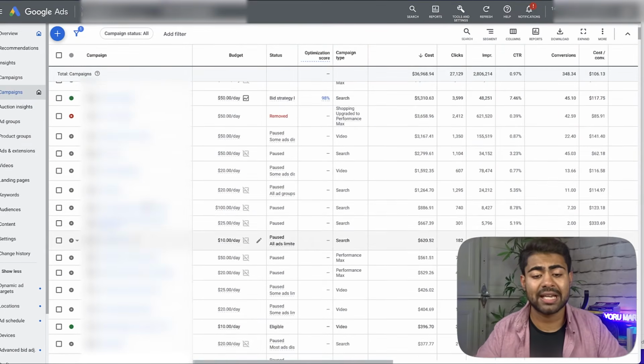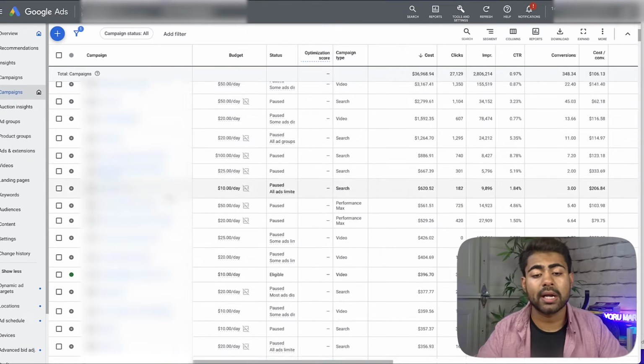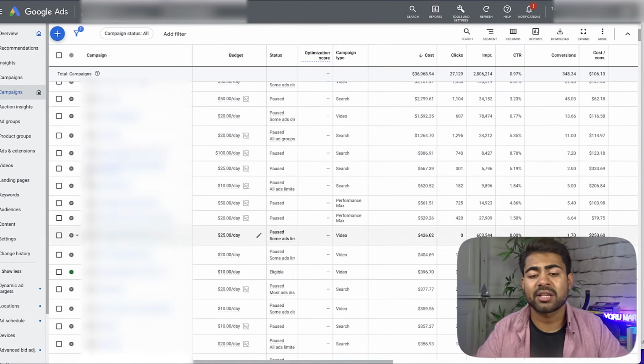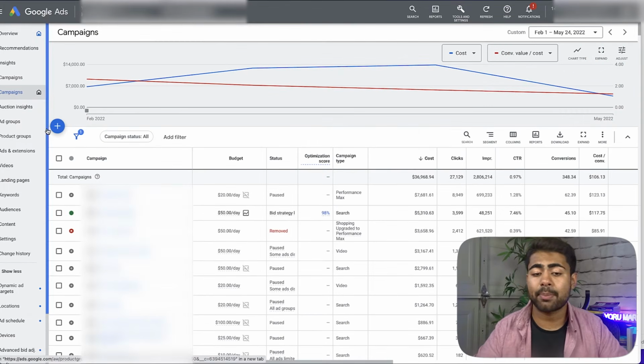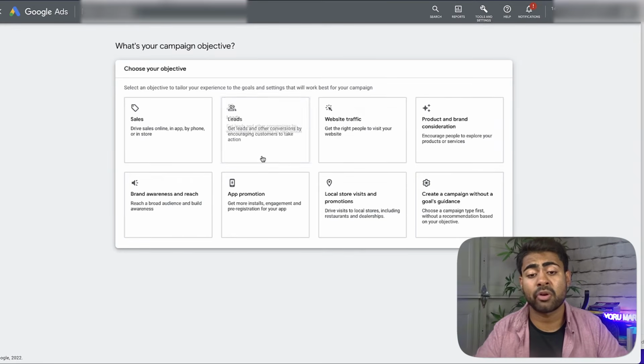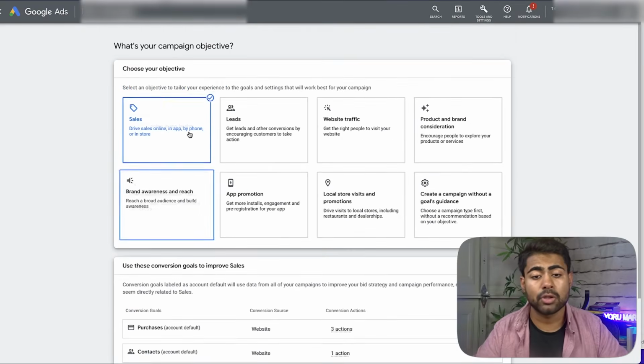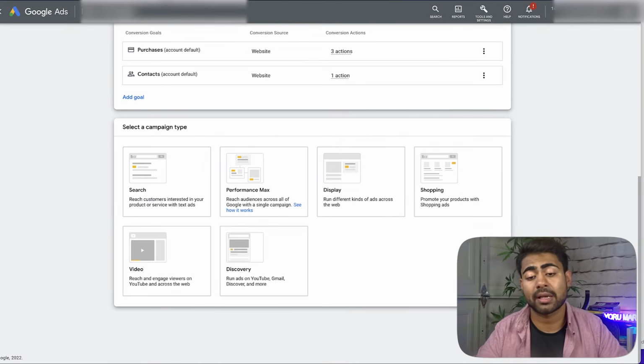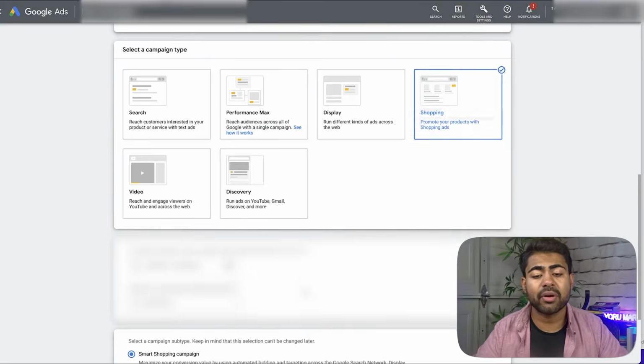And again, what we're trying to see is what kind of campaigns were run during this time period. So it looks like some Performance Max campaigns were run. And by the way, whenever you see this little icon right here, just know that that Performance Max campaign was not set up properly, because the right way to set up a Performance Max campaign is the following way. You choose sales right here, you come down here, click continue, and then you choose shopping, and then from here you choose